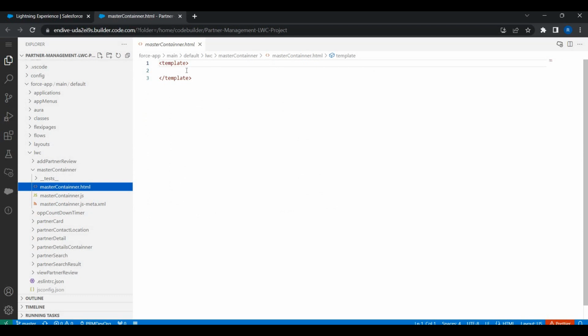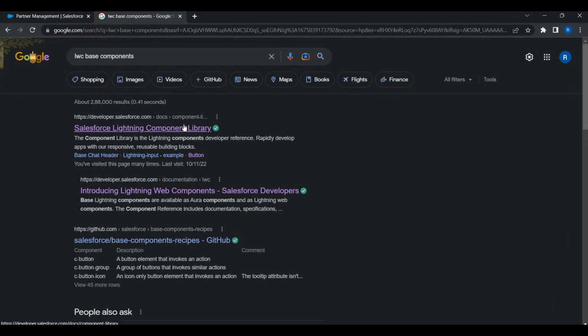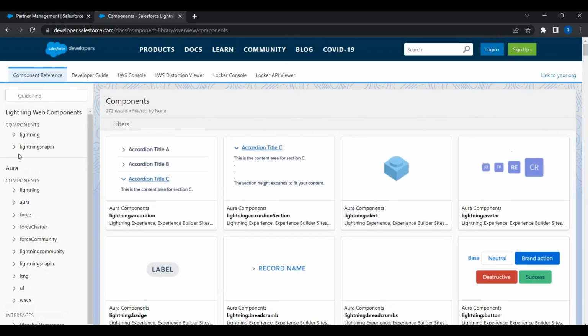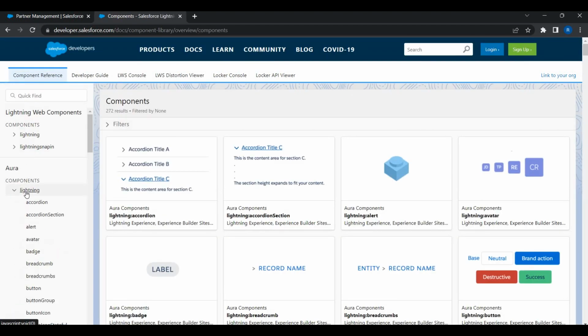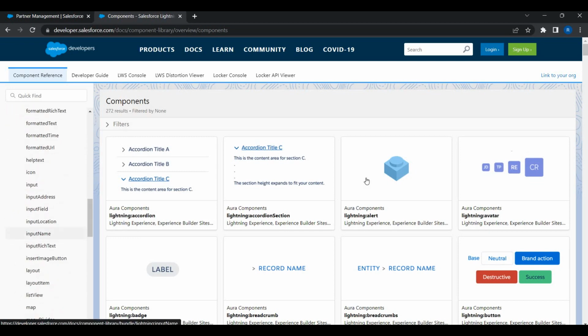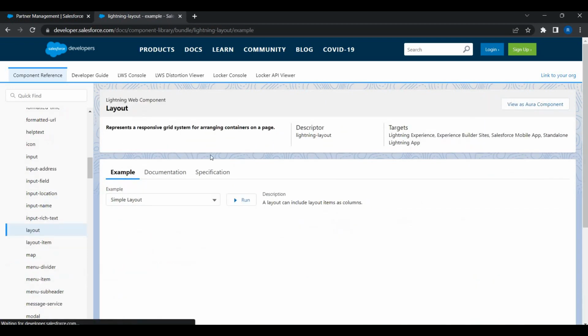So what I'm going to do is use the lightning layout base component. Throughout this project, we will be using lightning web components as and when required, and then we will use the Salesforce CSS framework for styling. So I'll go to the Lightning Components Library, and we'll be using lightning layout. So view as lightning web component,